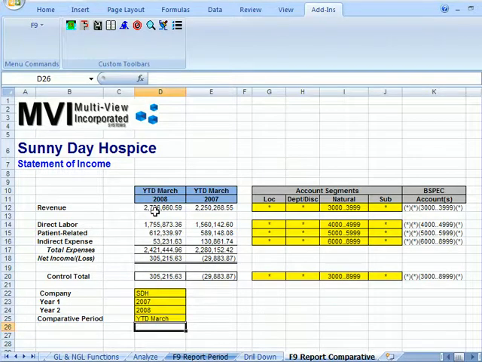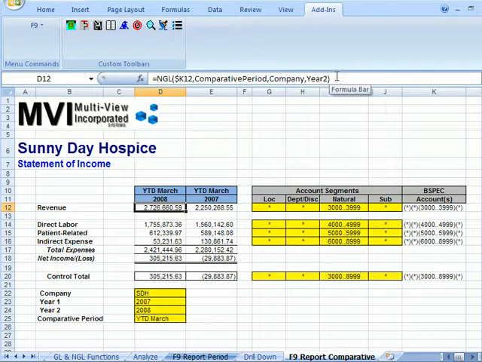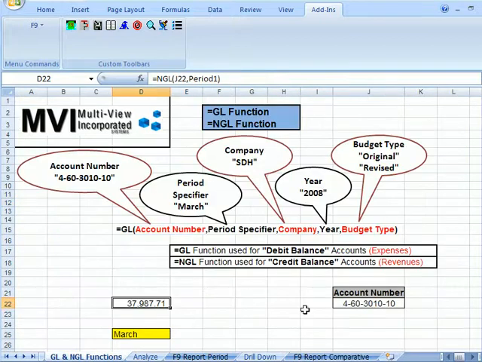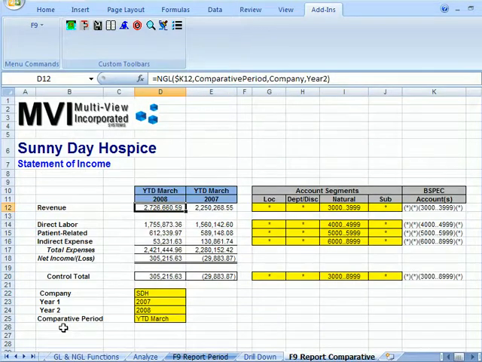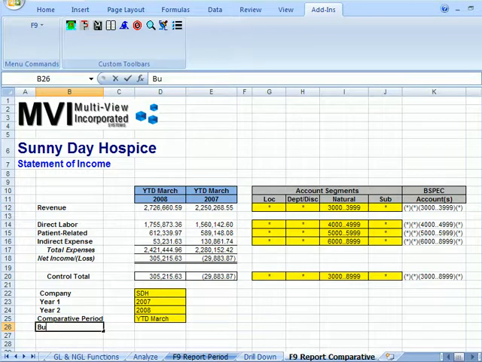Now, in this report and in the F9 formulas, we're still just using 4 segments. There is a 5th segment, and if you remember back over on the diagram over here, it pertains to the budget type, whether it's going to be your original budget or your revised budget. So I'm just going to go back over to this comparative report, and we'll get this 5th segment added in here. So we're going to name a cell here called budget type. I'm just giving it a row header there. I want to name this particular cell. I'm going to name it